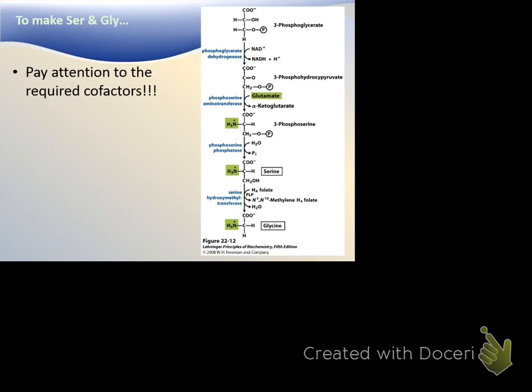Okay, and the reason why is because this one's got a very odd name. It's the serine hydroxymethyl transferase. Okay, because if it goes backwards, it's transferring the hydroxymethyl group to make serine. Okay, however, we utilize it going the other direction to make glycine. And now that hydroxymethyl group is being transferred to make the methylene tetrahydrofolate and then, of course, water.